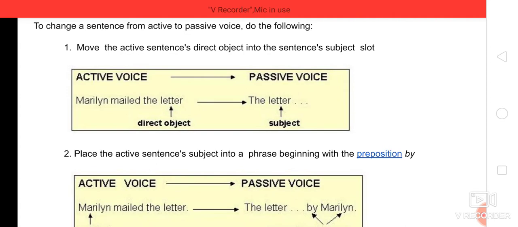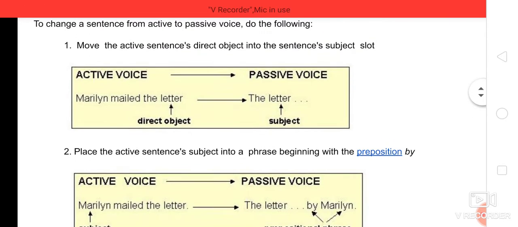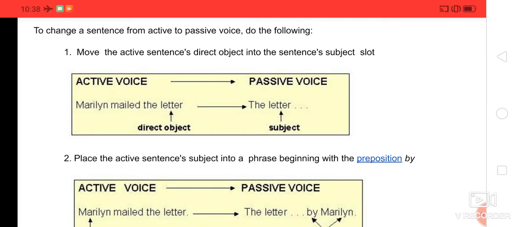So Marlene is the subject here, mailed is the verb, and the letter is the object. Marlene mailed what? Marlene mailed the letter. Therefore, when you combine the subject and the verb and frame a question, and it gives you the answer in the form of an object, just pick it up as the object. So the first rule to convert active voice into passive voice is to take the direct object and, in the conversion into passive voice, convert this direct object to the subject. That is the first step.